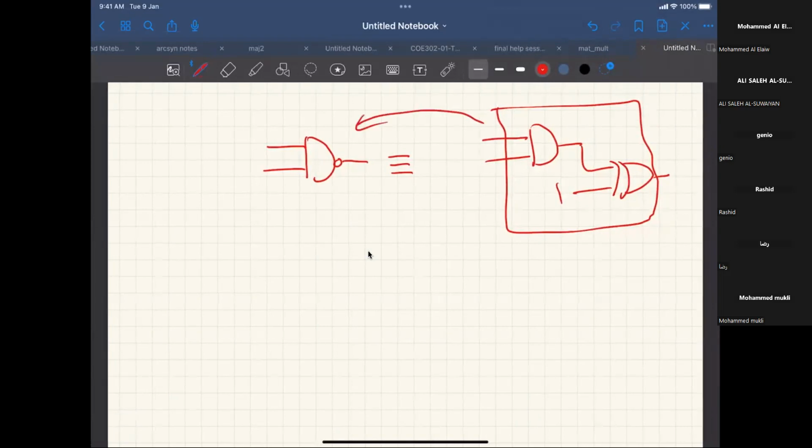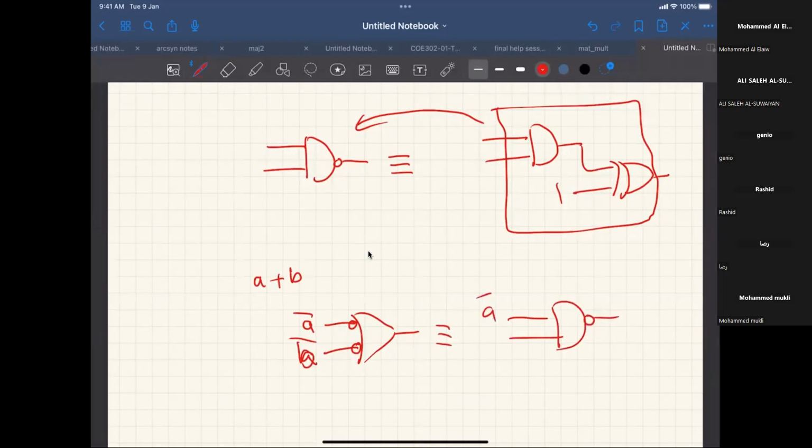Okay, so to implement, for example, A or B. How do you implement this using NAND? Basically by inverting A and B, the inputs, and then taking the complement of the inputs as well. Okay, so if you do this, then this is equivalent to